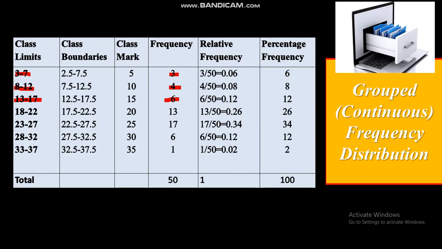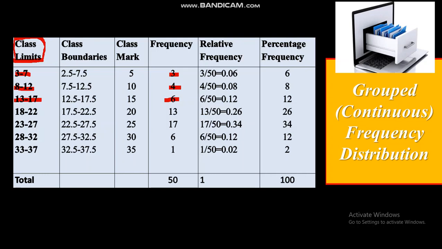This is a group. Here we have a class limit. Class limit is the value which is the possible lowest and highest value in a class. The possible lowest value for the first class is 3 and the possible largest value is 7, for example, and it is known as class limits. We have a lower class limit and upper class limit. 3 is the lower class limit for the first class and 7 is the upper class limit for the first class.